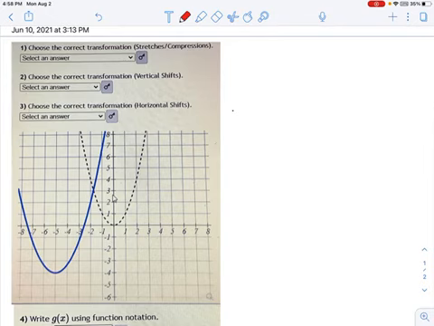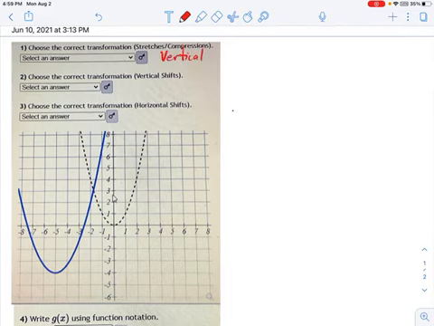I want to go over this example because even though we've been talking about vertical and horizontal shifts and stretches, it's useful to talk about this in detail with a parabola, because sometimes it's tough to see what a parabola is really doing in terms of a stretch or compression. So let's talk about that first, the stretch and compression. And let's see, is this specifying vertical? Nope, it's just all stretches and compressions. Oh, well, yes, this is vertical. We're not doing horizontal stretches and compressions. Okay, so this is vertical.